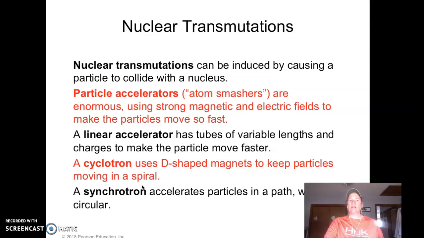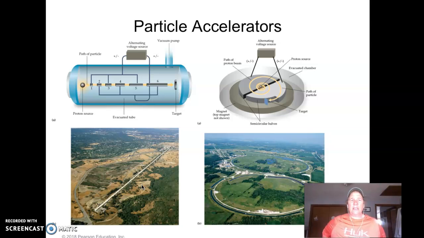We have linear accelerators. There's something called a cyclotron, which is a D shape, and then there's the synchrotron, which accelerates the particles in a circular motion. And that's where we end up. But here are your particle accelerators. Look how huge they are. It's not just a little container. You can see this takes up a lot of space. These are built in certain places. I think the biggest cyclotron is in Sweden. But anyway, these are examples of what they do to make the particles go faster. And when they move faster, then you get more of your